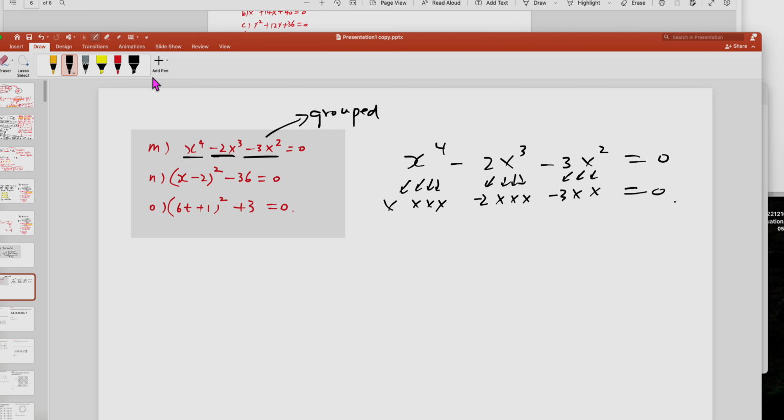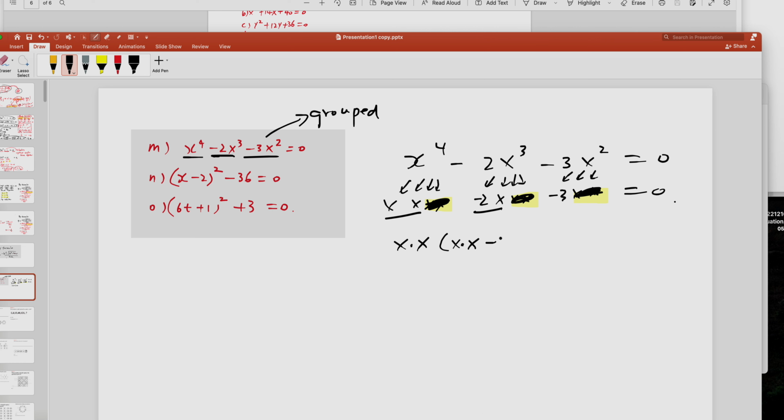What is common? X times x is common, right? So x times x is common, so I take out, right? So once you take out, you are left with x times x. This is gone, right? This is gone. So you are left with x and x for the first term, and then next term